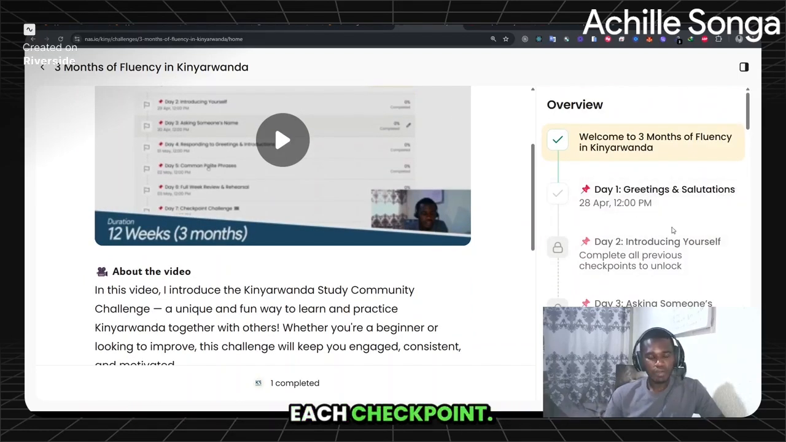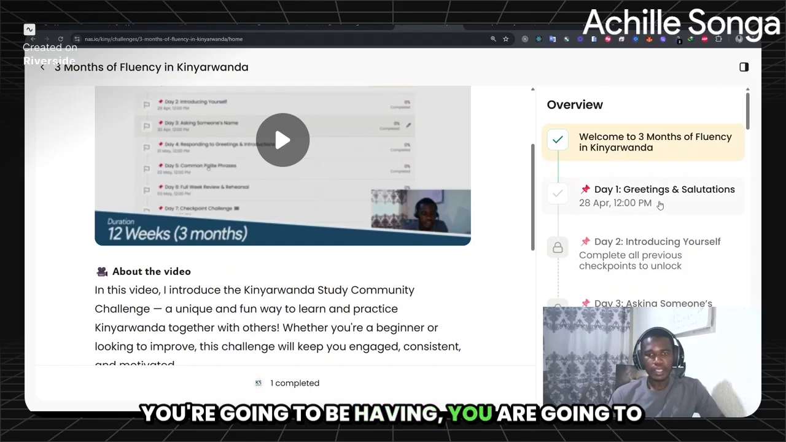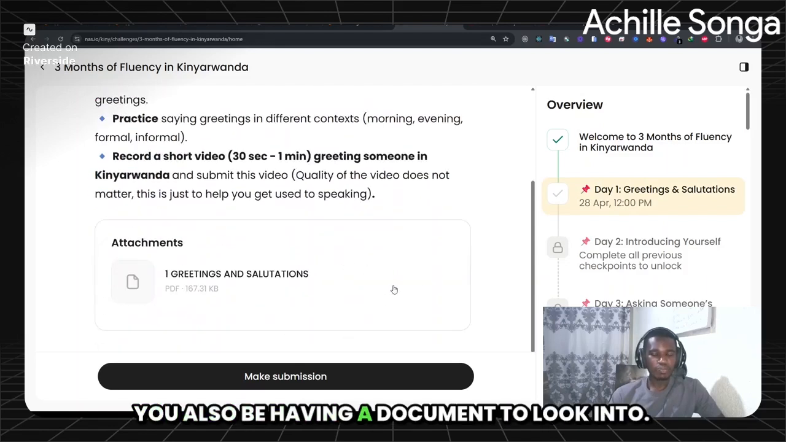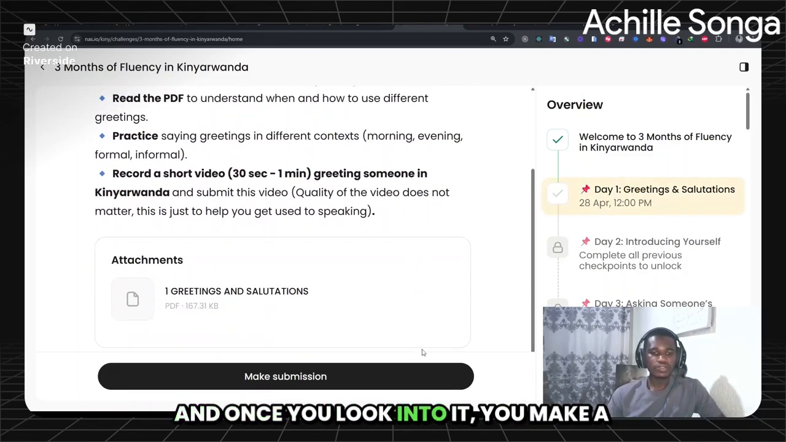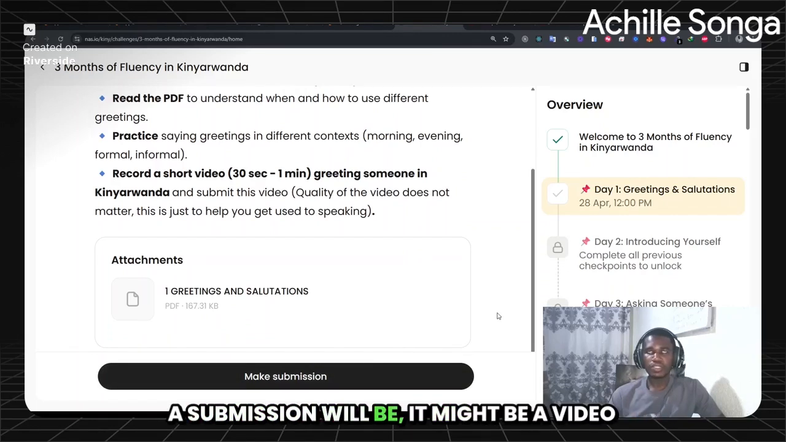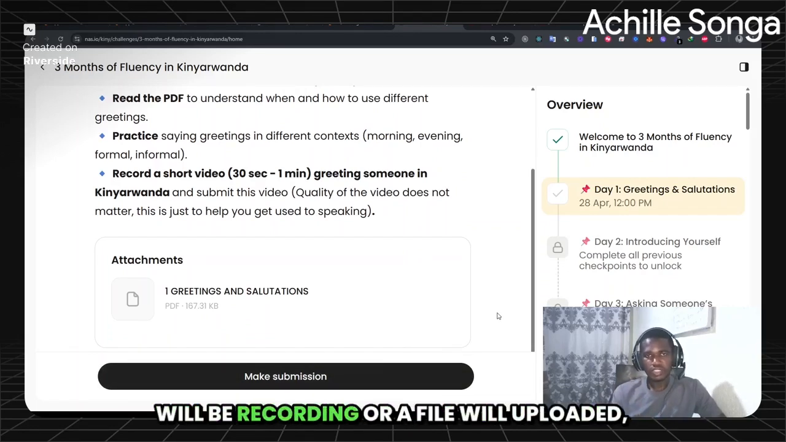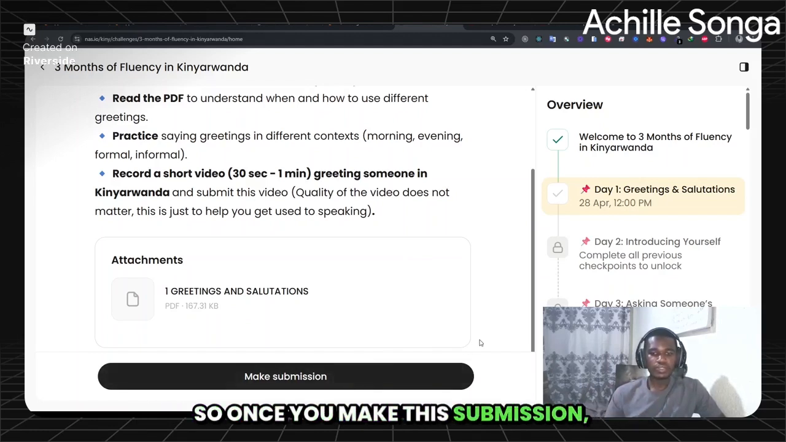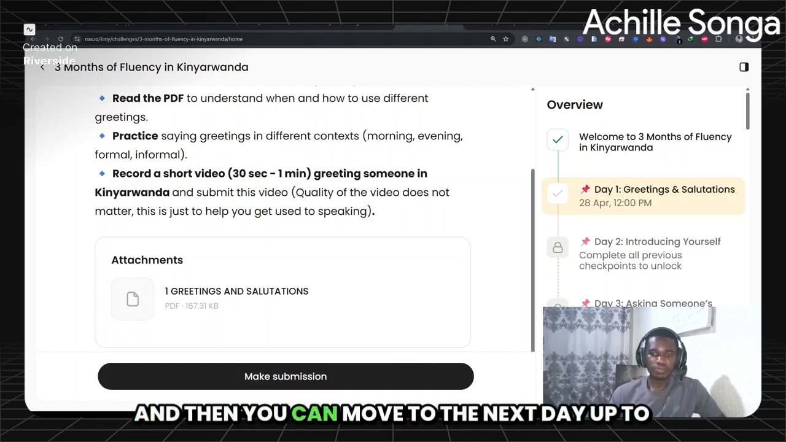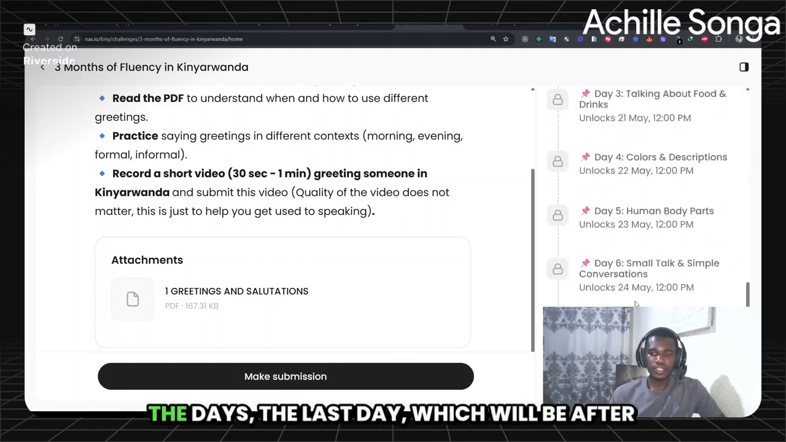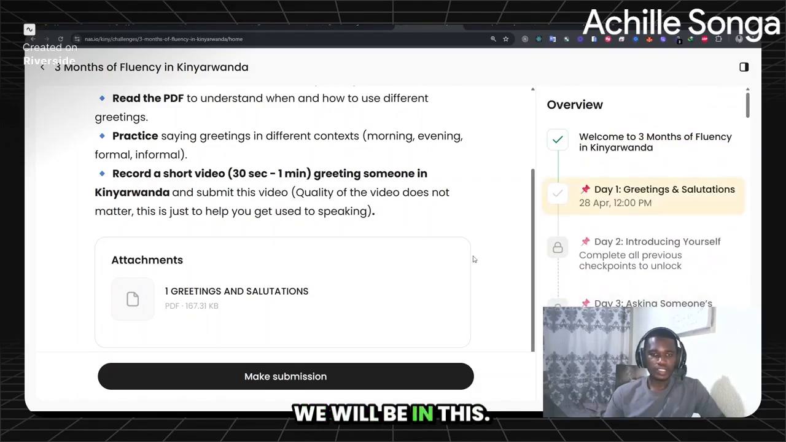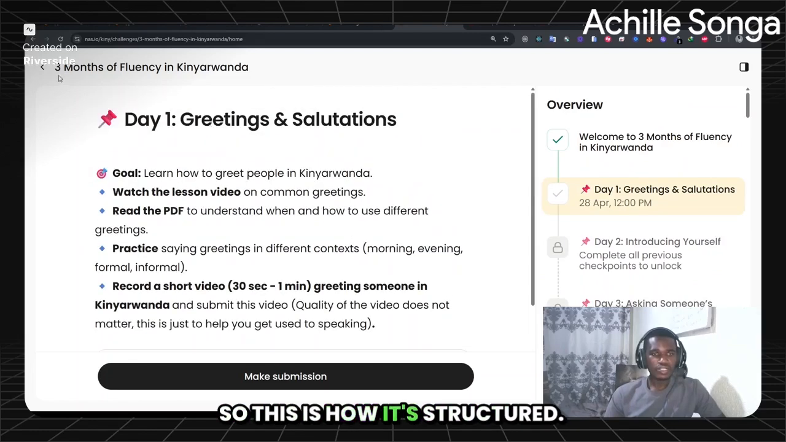At each checkpoint, you're going to be having a video to watch. You'll also be having a document to look into, and once you look into it, you make a submission. A submission might be a video we'll be recording or a file we upload, practicing what you have already learned. So once you make this submission, I will look into it and give you feedback, and then you can move to the next day, up to the last day, which will be after 95 days. So this is how it's structured,